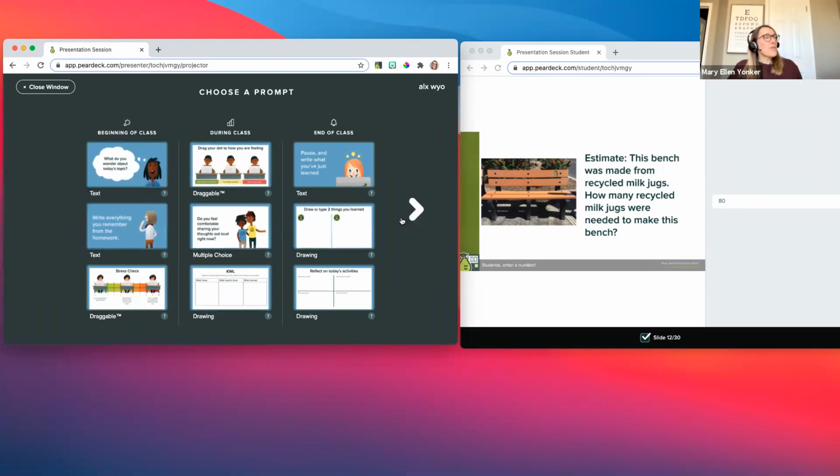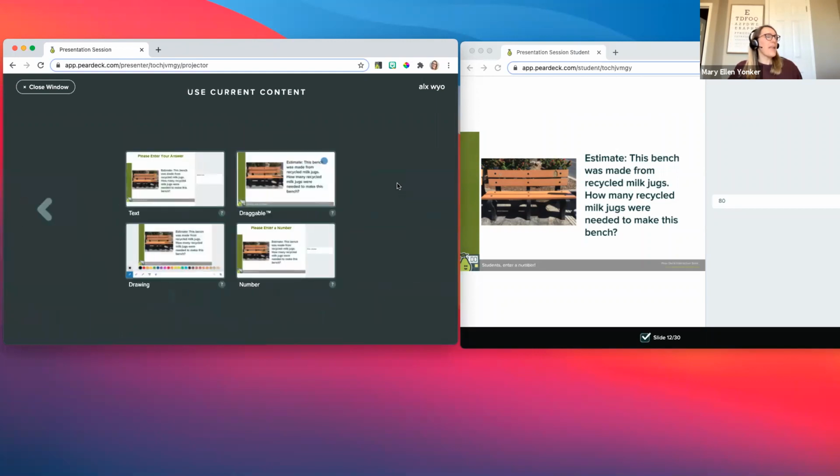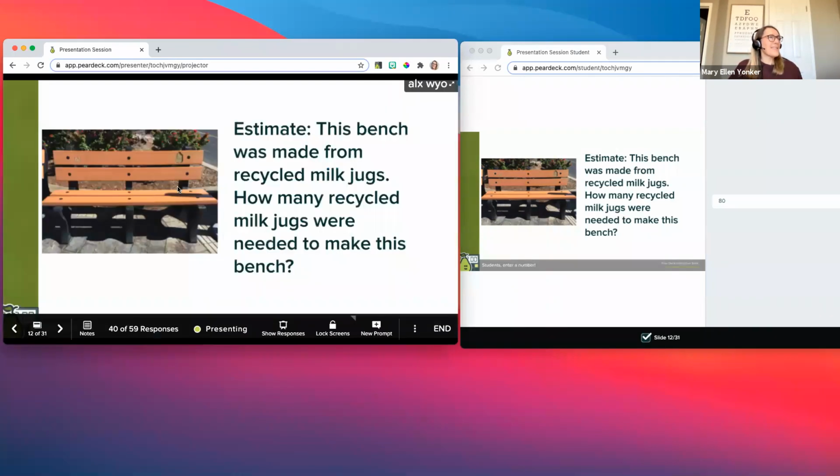But if I scroll down to the third page, I have the option to use my existing content with a different response type. So this time I'm going to use the same content, but I want a text response. So I click on text and I can move my students by using my arrow.